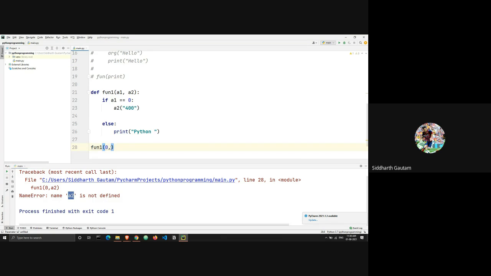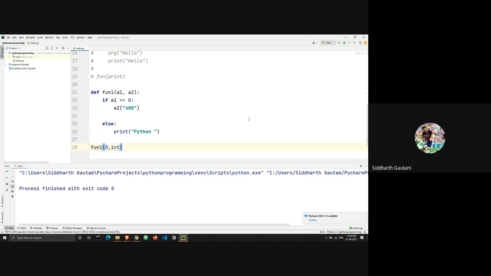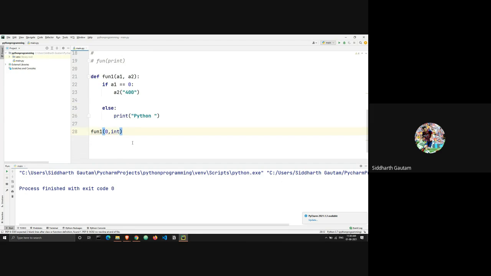Int. Yep, exactly. I'm so happy you said that. So typecasting is also a function, right? We will run this. There won't be an output, but there won't be an error either. Yep, great. So what's happening here is, okay, let me comment out all of this.